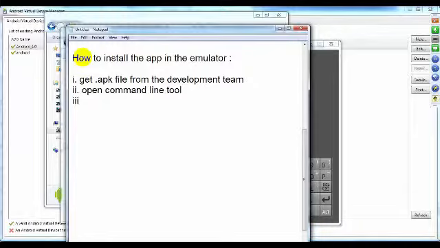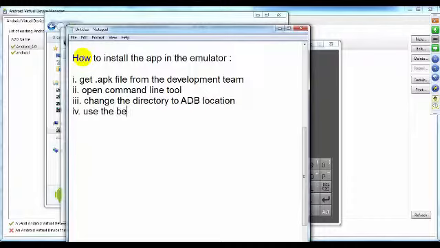Okay, I opened it. Then change the directory to the ADB location. I will tell you what this ADB location is, and then use the below command to install the app. Any app.